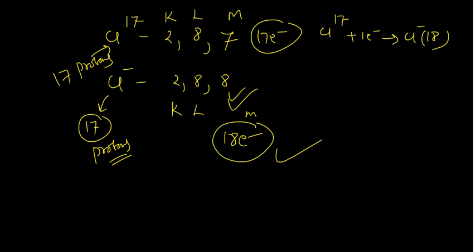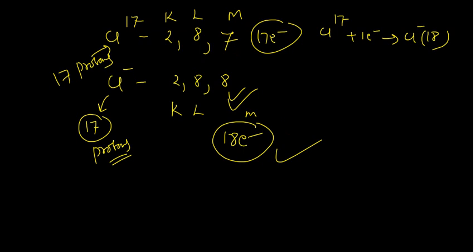So you can explain it in that manner, that on adding the extra electron, it is acquiring the noble gas configuration, so electronic repulsion would occur. Due to this repulsion the cloud expands. This is one way of explaining. The second way is just like that: the number of protons in both species, right? The number of protons in this species or in this species are the same, but in the anion the number of electrons is higher. So 17 protons cannot attract these 18 electrons as effectively as they were attracting the 17 electrons. So consequently the electron cloud expands, which increases the size of the anion.